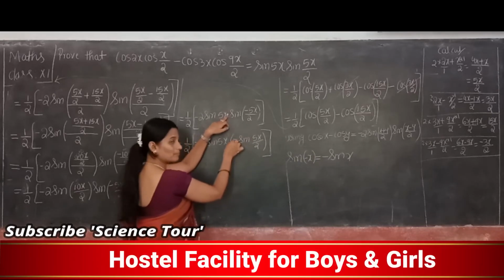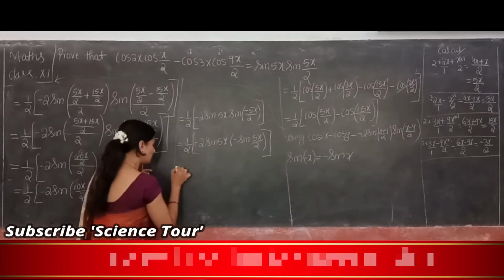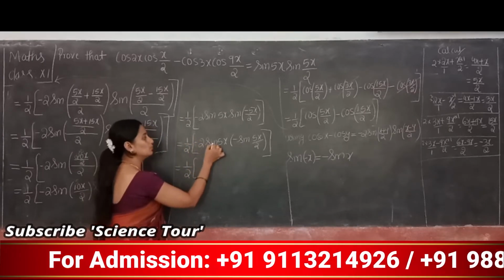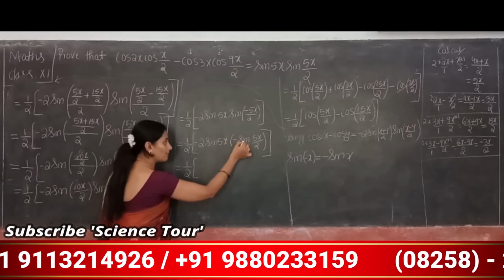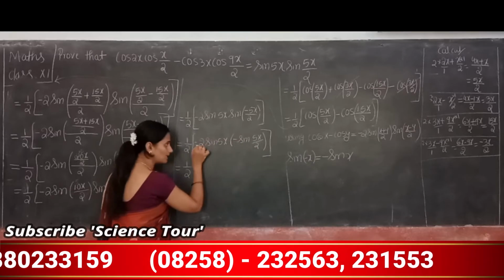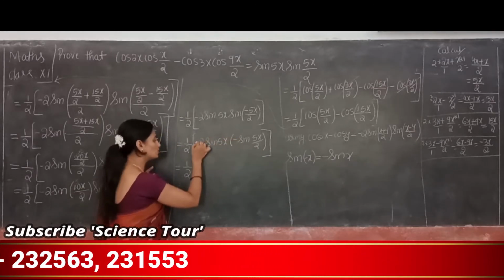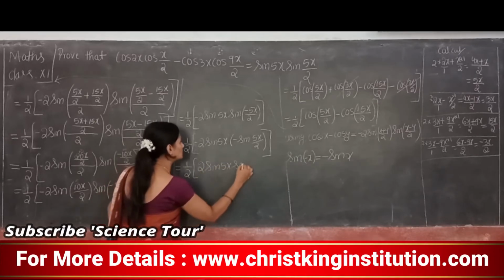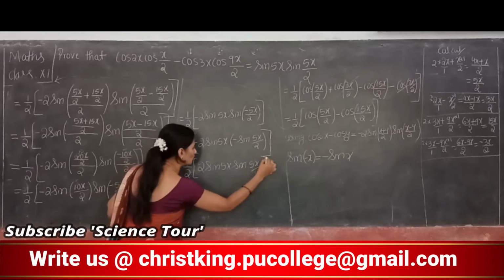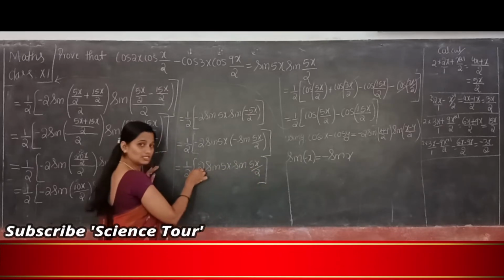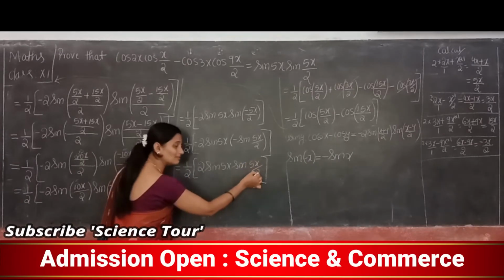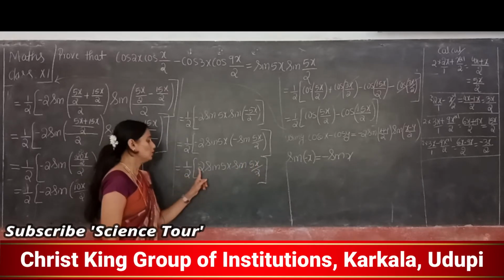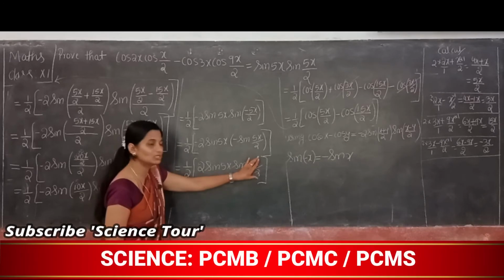See, minus 2 into sin 5x into, and this answer is minus, so that's why I am putting a bracket here. Okay? So this is equal to half into, once we read, minus 2 into sin 5x into minus sin 5x by 2, which means multiplication. So here minus into minus is plus 2 sin 5x into sin 5x by 2. Is it possible to cancel this 2 with this one? No. 5x divided by 2 is one term, so we can't cancel this 2 and this 2. We can't separate this 2 from this one. Clear?